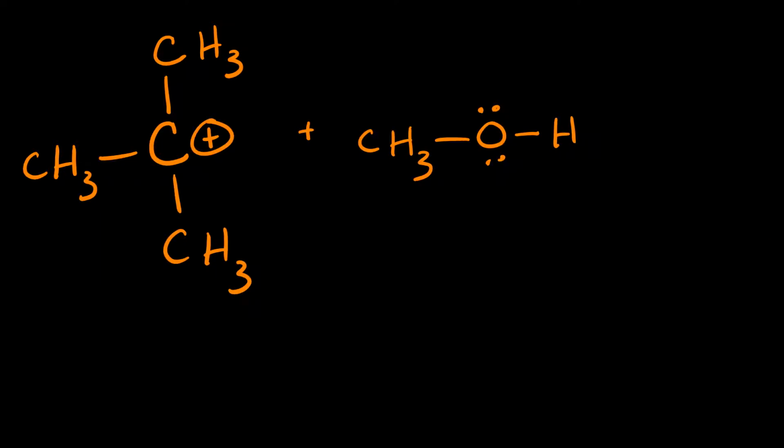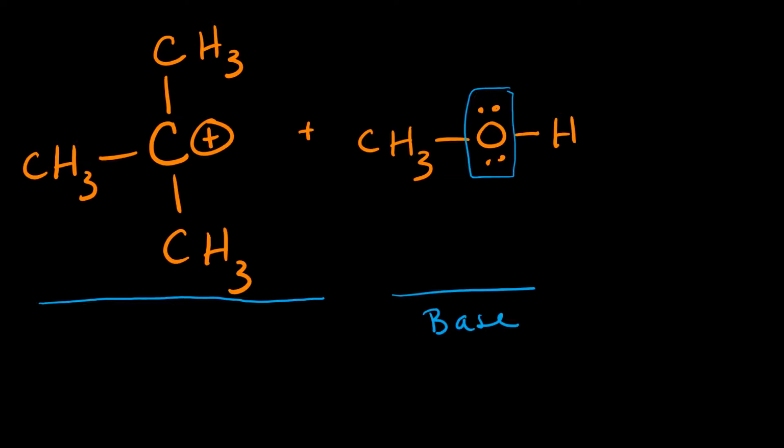Now let's use an example with a couple of organic molecules. If you're looking at this reaction, we have to find something that can donate electrons and something that can accept electrons. Clearly, there aren't really any electrons over here in this structure, this carbocation, that would be donatable, so to speak. It looks like the electron source is going to be the lone pairs on this oxygen. So hopefully you'll start to get a feel for it: that has to be the base and this has to be the acid,